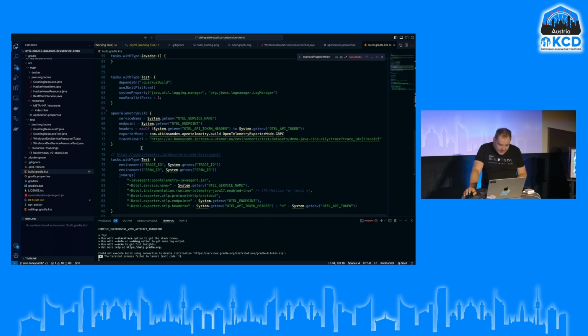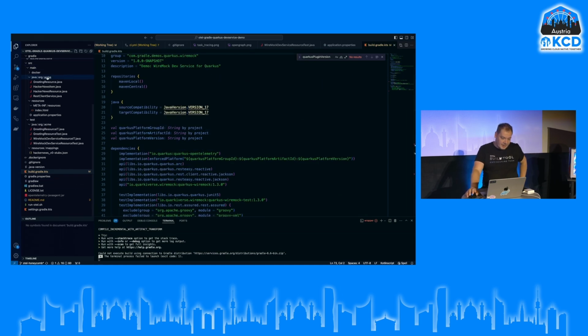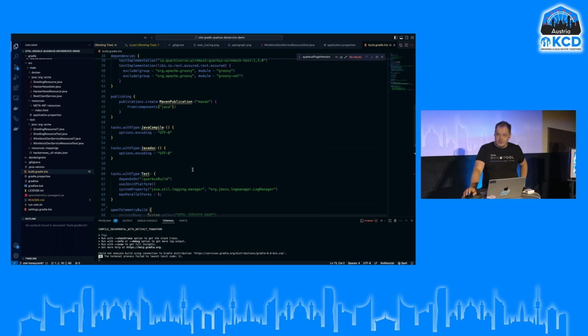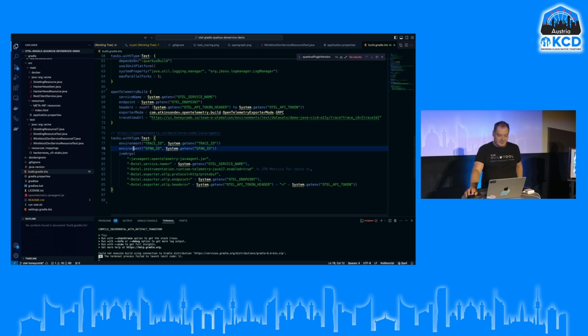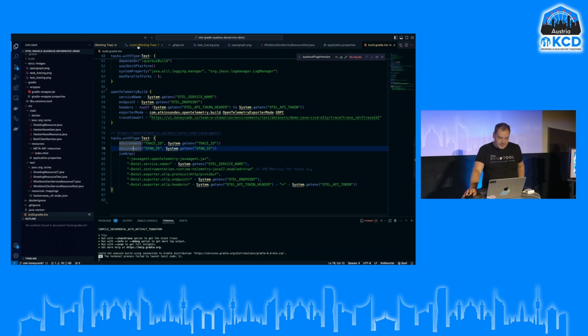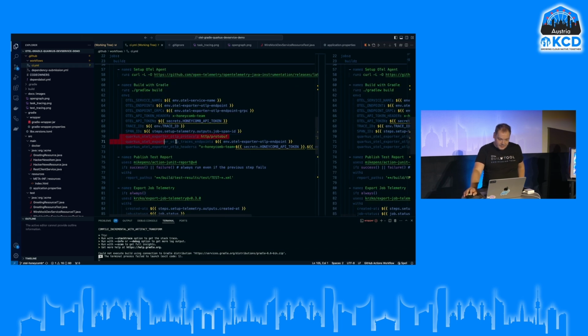In my case, there will be just some environment I pass on the pipeline level. There are almost no changes here because Quarkus operates via environment variables. You cannot really configure Quarkus telemetry from the Gradle plugin at the moment, apart from setting environment variables, like this injection. So in my case, I did it in a workflow.